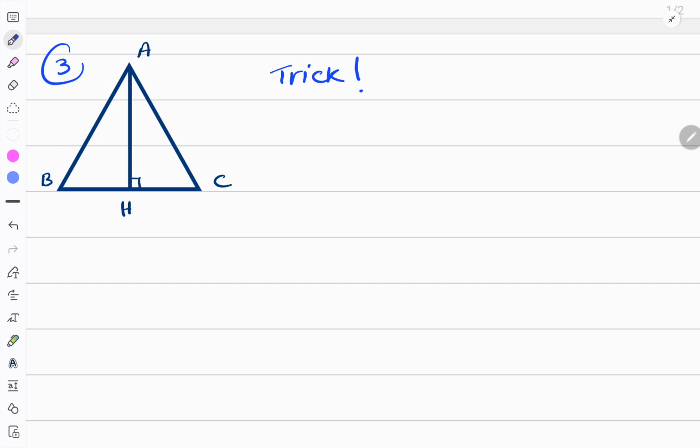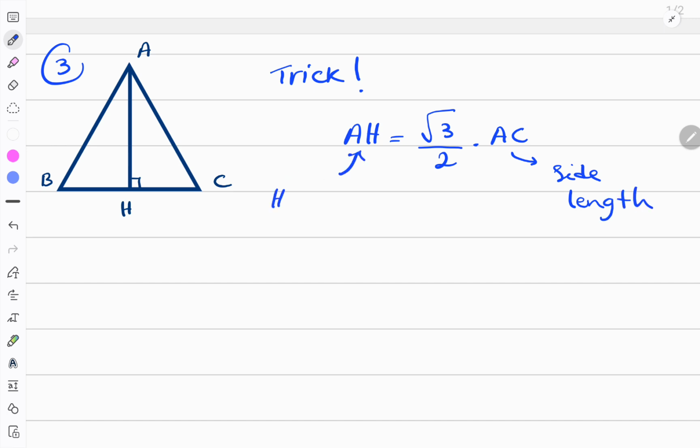Okay, when we have an equilateral triangle, we can find the height of this triangle by using this formula: radical 3 over 2 times AC. In fact, the height of an equilateral triangle equals radical 3 over 2 times the side length. And AH is the height of this triangle. You can use this formula in any equilateral triangle. And AH is k radical 3 and AC is